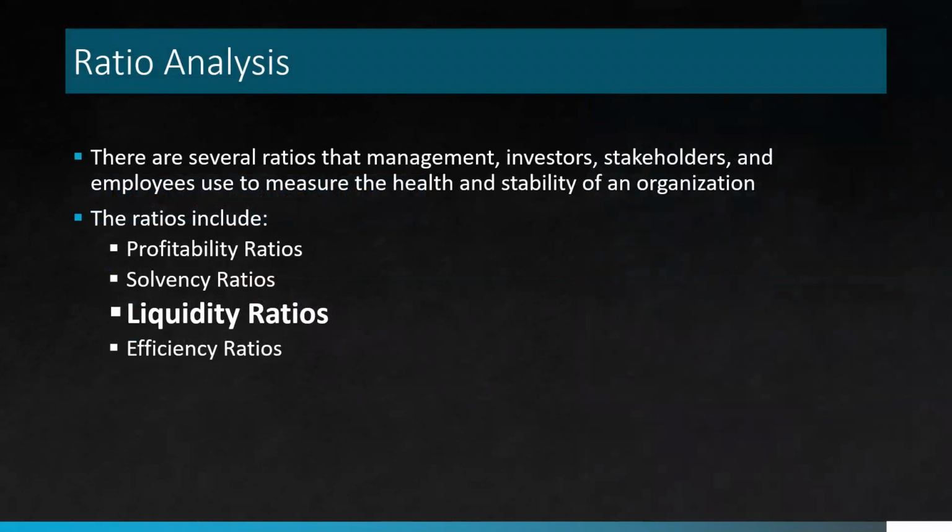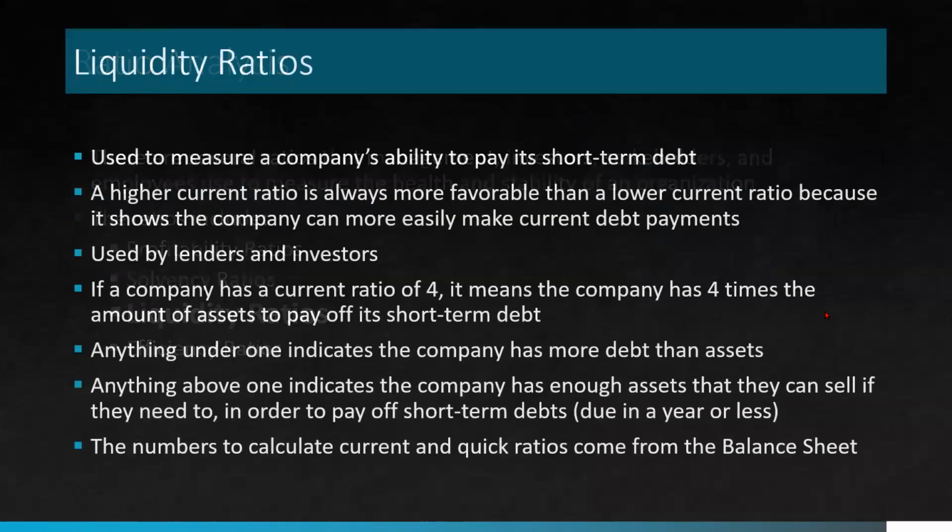So as we've said in several other lectures, there are several ratios that management and investors alike use to measure the financial health and stability of an organization. And in this lecture, we're covering liquidity ratios. Liquidity ratios are used to measure a company's ability to pay its short-term debt. This is different than the solvency ratios, which are used to look at how a company pays its long-term